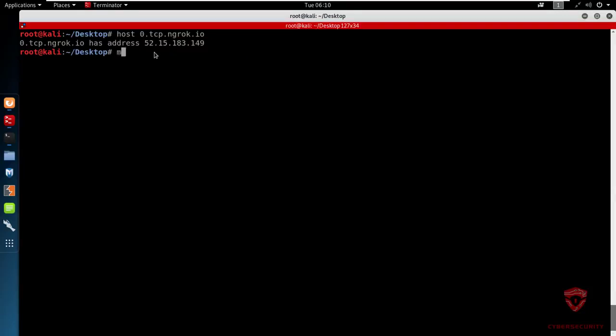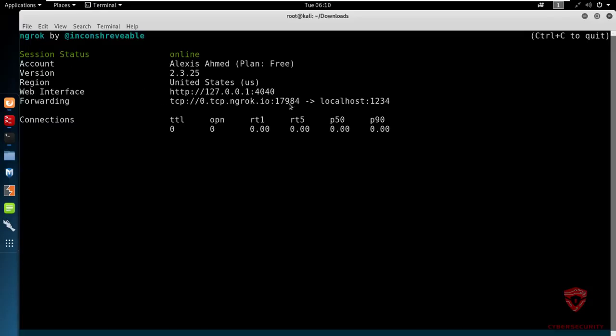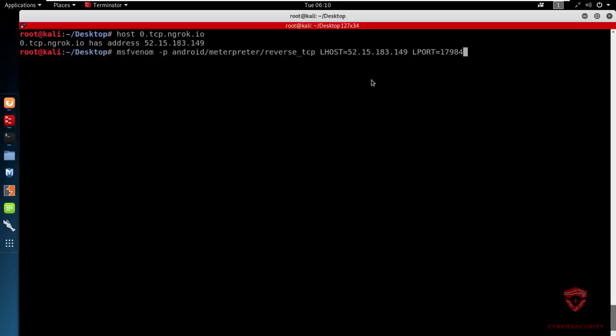All right, so we'll type in msfvenom. Payload is going to be android/meterpreter/reverse_tcp. Apologies if you can hear my keyboard, the microphone is slightly above it. So we then set our LHOST, and our LHOST is going to be the IP that we just got from the TCP tunnel, and the LPORT is going to be also displayed for us right over here. So one second, let me just switch over to the terminal, and we'll get the port right over here. All right, so we have the port there, and now we simply paste it in,